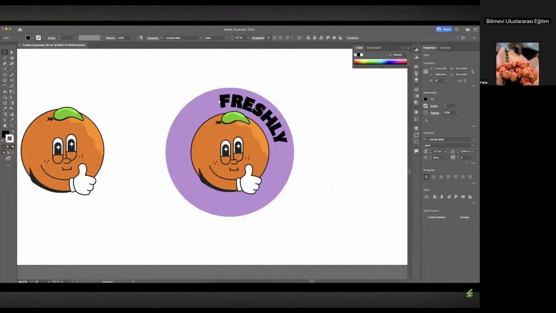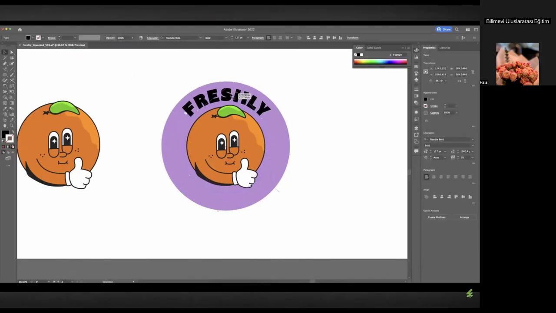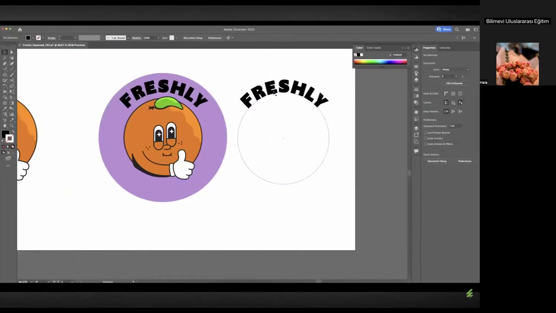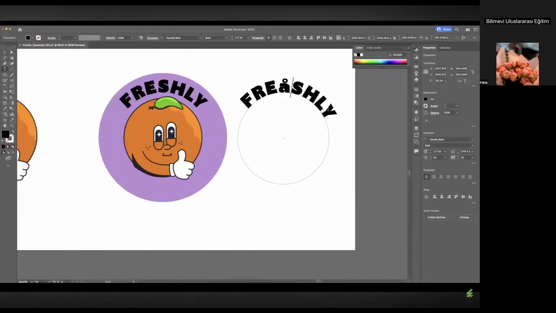I'm just going to also give it about 70 on its kerning. Just so, you know, with these bold fonts, it's a little bit easier to read, especially on the circle like this. And I'm also just going to rotate it up until it looks all right. And then we need squeezed as well. So Alt, I'll just drag this out, Alt-Shift to drag and copy, and we'll write